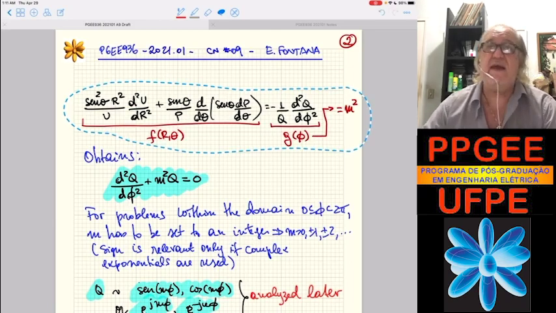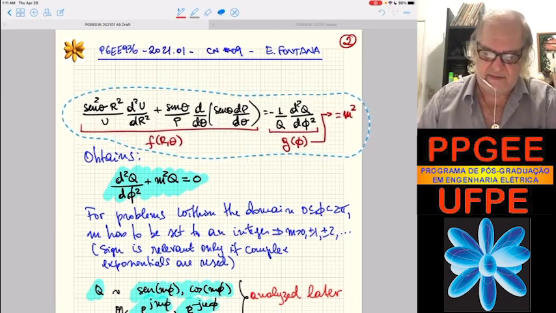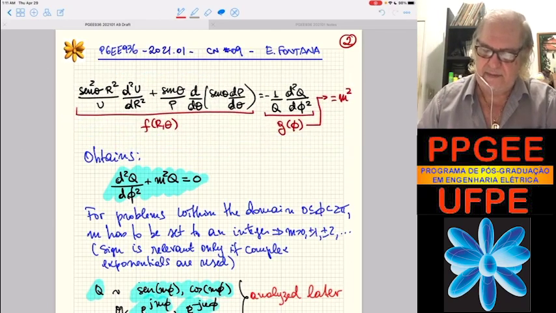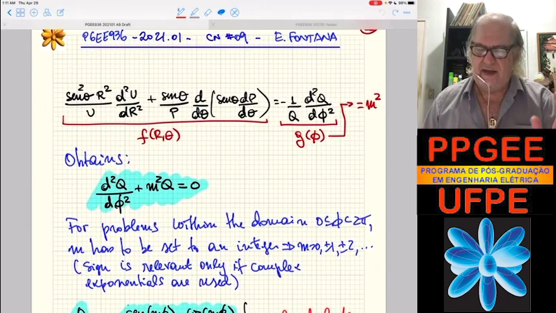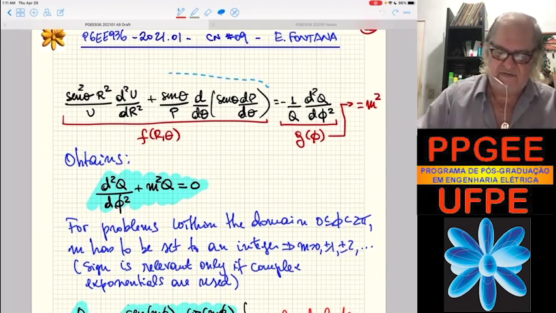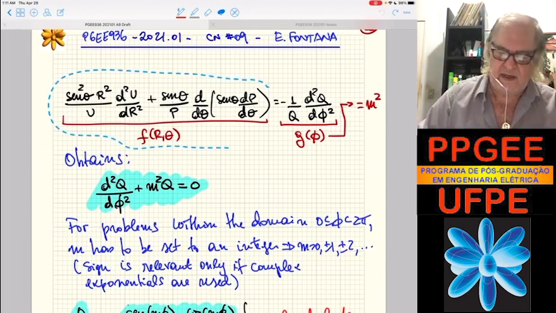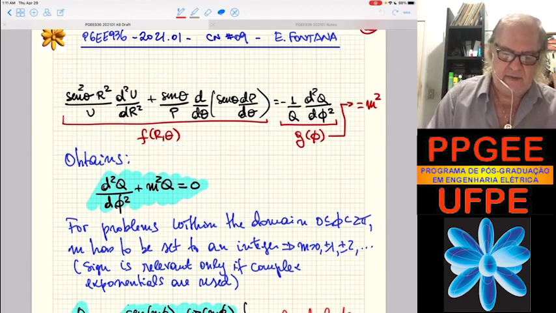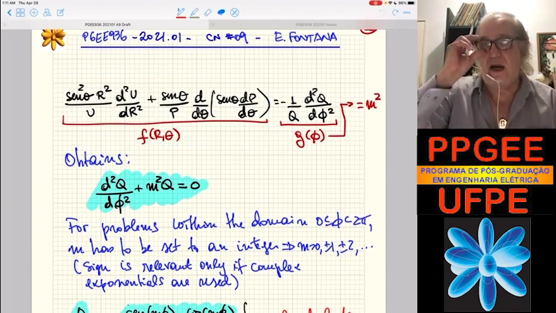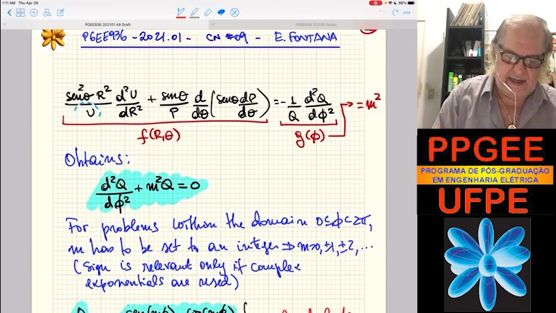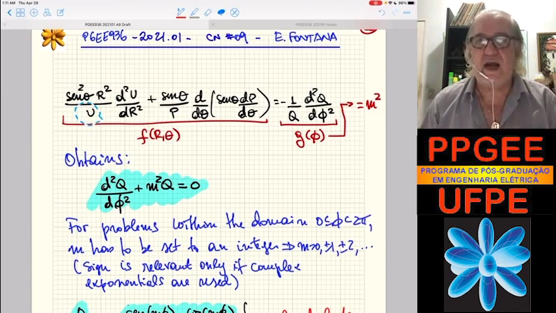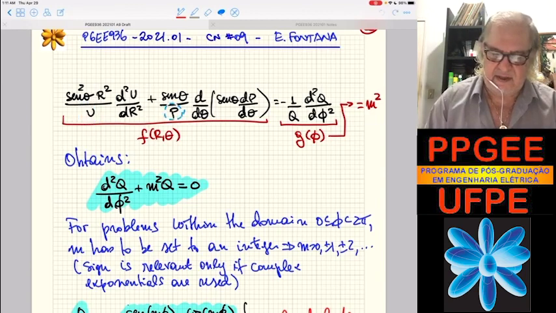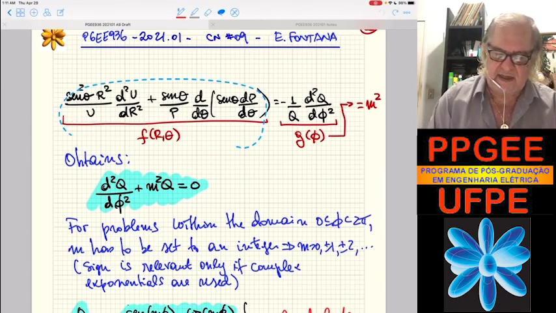After we rearrange, you can show that gives this term. You can notice by looking at the structure that we have a function that depends only on theta and r. You see u depends on r, and p depends on theta, so the whole thing depends on r and theta,